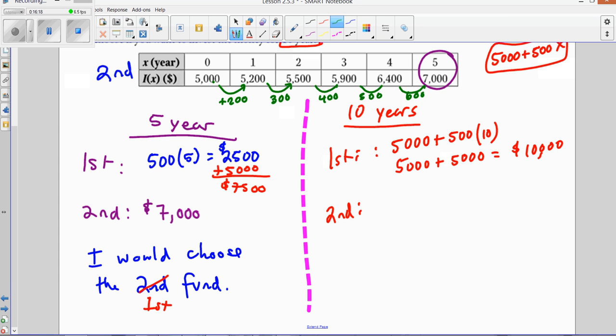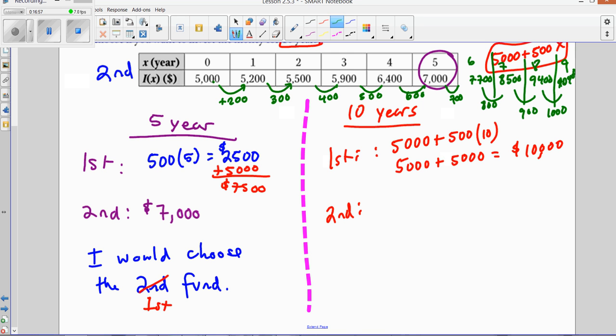All right. So I'm actually going to use this pattern to figure out how much I'm going to have in year 10. In year 6, I'm going to have to add $700, so I got 7,700 in year 7. Now notice I kind of want to draw this out. In year 7, I got to add $800, so it's going to be 8,500. In year 8, I got to add 900 now, so I'm going to be at 9,400. In year 9, I got to add 1,000, so I'm going to be at, sorry, that's a